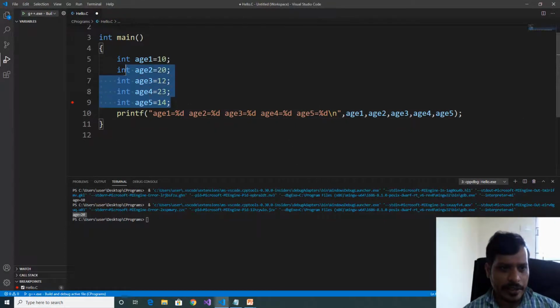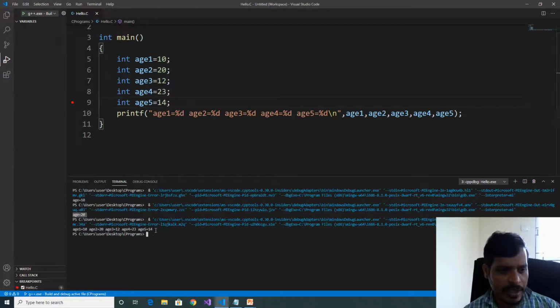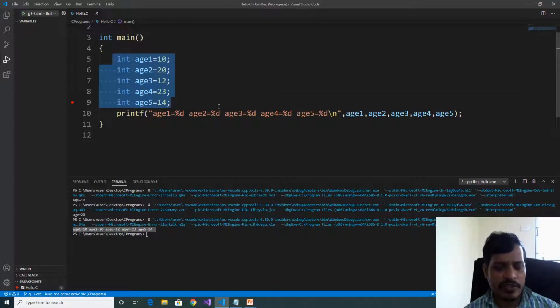Copy and paste the format specifier for each value. Now we declare 5 variables and store the values into these variables. Later we print the output. Control F5. Here we are printing the output as age1 10, age3 12, age4 23, age5 14. Here we are declaring 5 variables and storing the values into 5 variables.